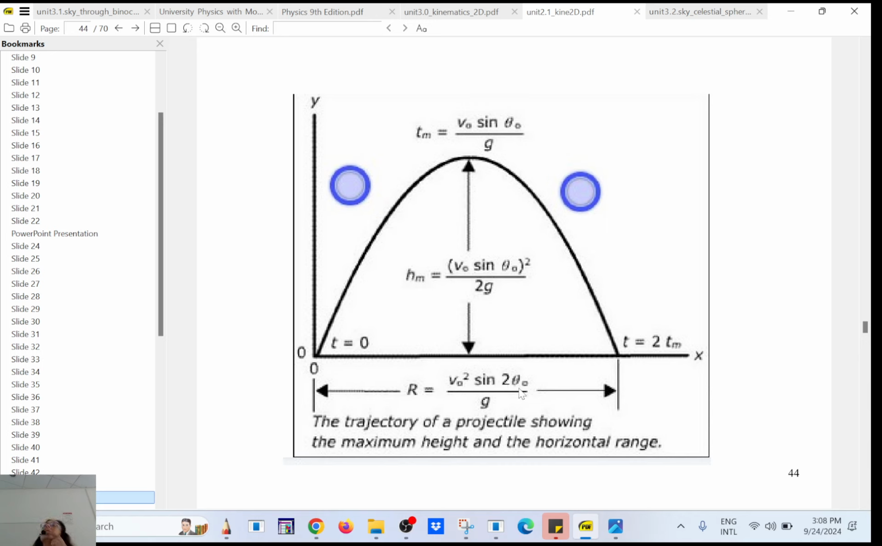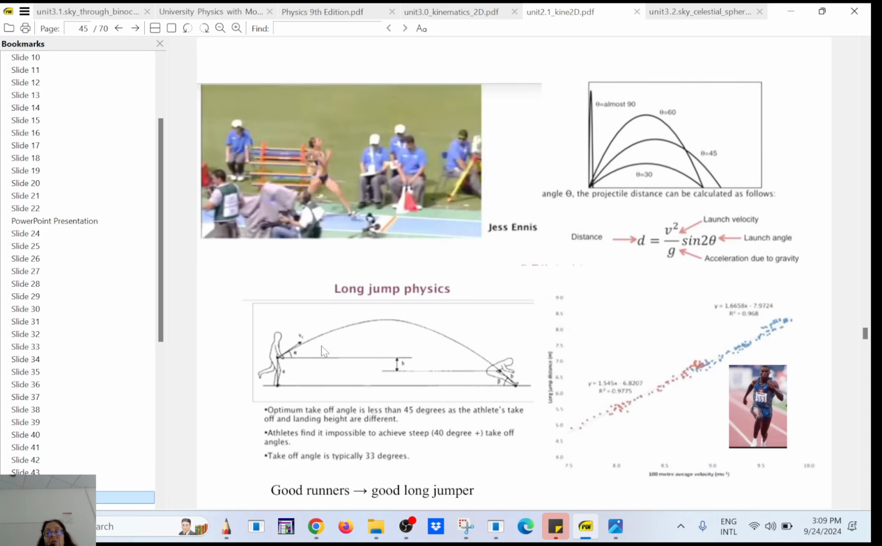2 times 45, how much is that? 90. Sine 90 degrees is 1. So the maximum range will happen when sine equals 1, because the maximum value of sine is 1. And to get sine equal to 1, that angle has to be 45 degrees, like we have seen before. Okay? So what I'm getting at, I just want to show you that physics can be very useful